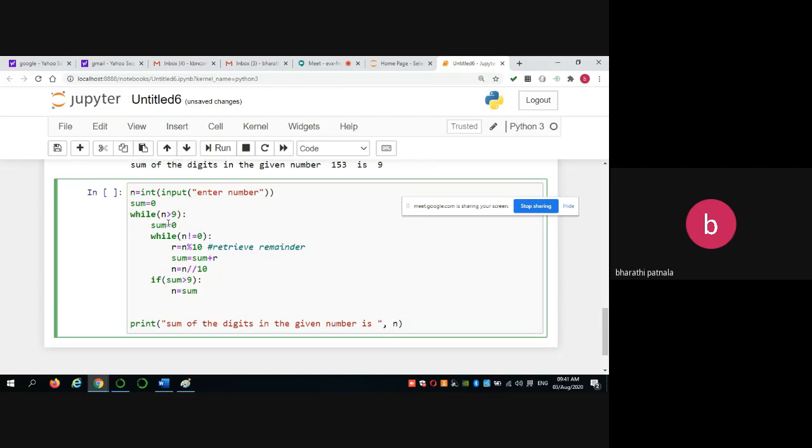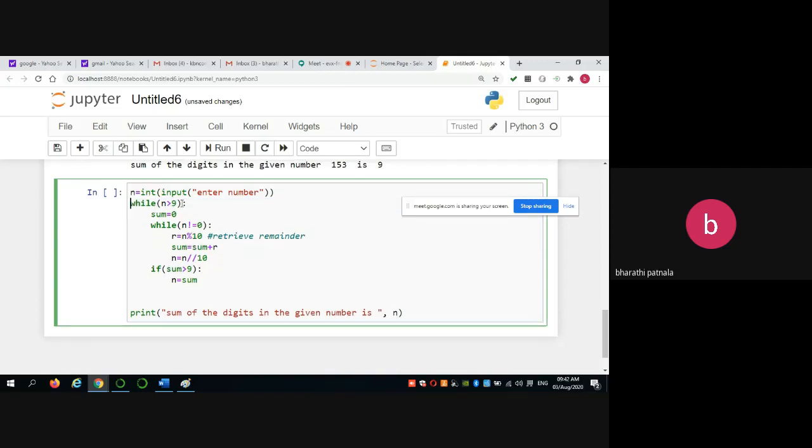If your given value is not greater than 9, what you have to do? Initialize the sum value as 0, and if n is not equal to 0, retrieve the remainder, add it to sum, and do the task till n value becomes 0.